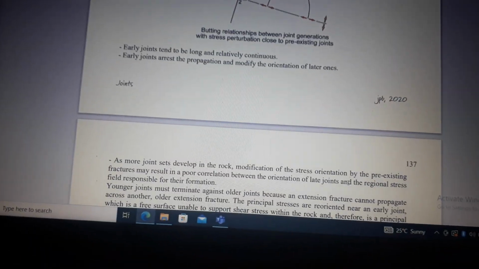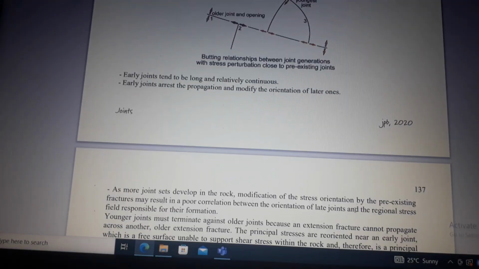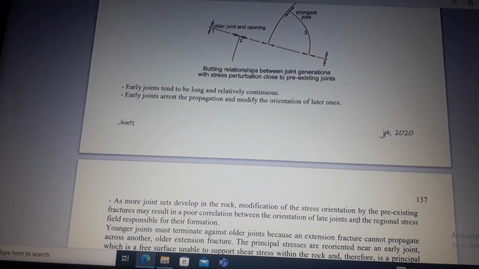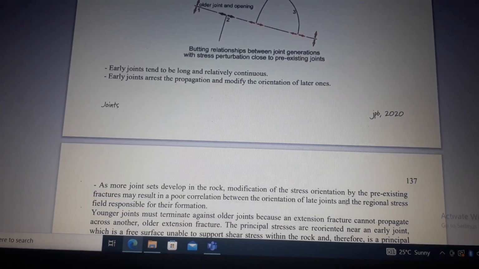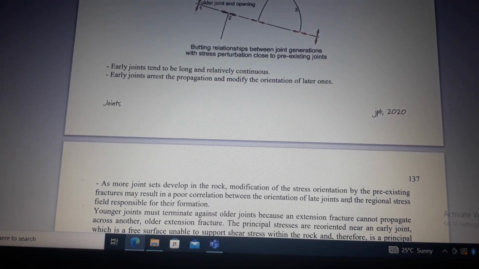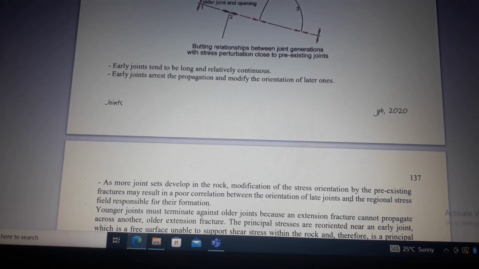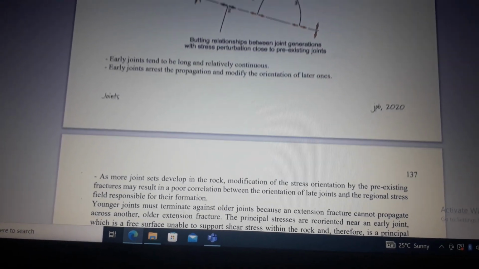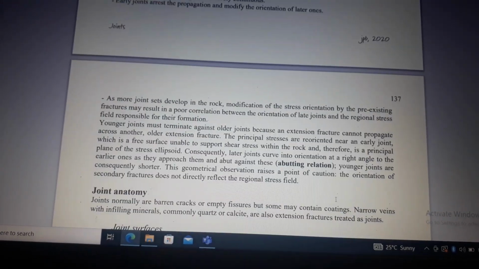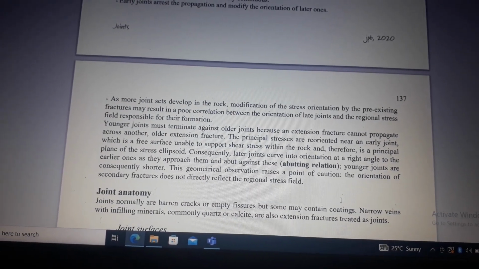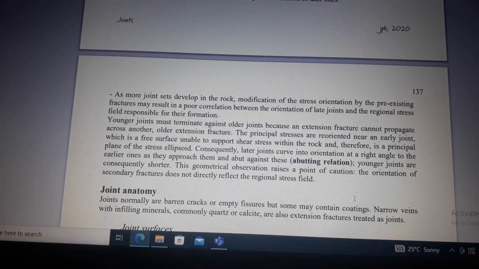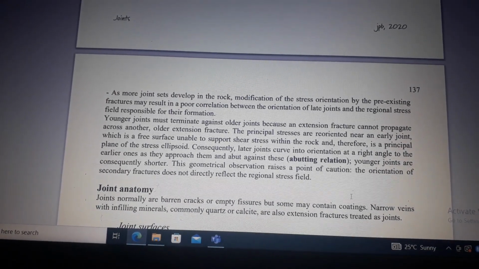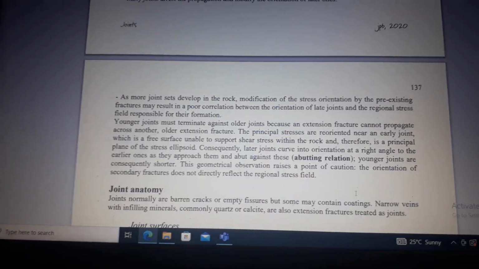Early joints. This is the butting relationship between a joint generation with stress perturbation close to pre-existing joints. Early joints tend to be long and relatively continuous. Early joints arrest the propagation and modify the orientation of later ones. Then, as more joint sets develop in the rock, modification of stress orientation by the pre-existing fractures may result in poor correlation